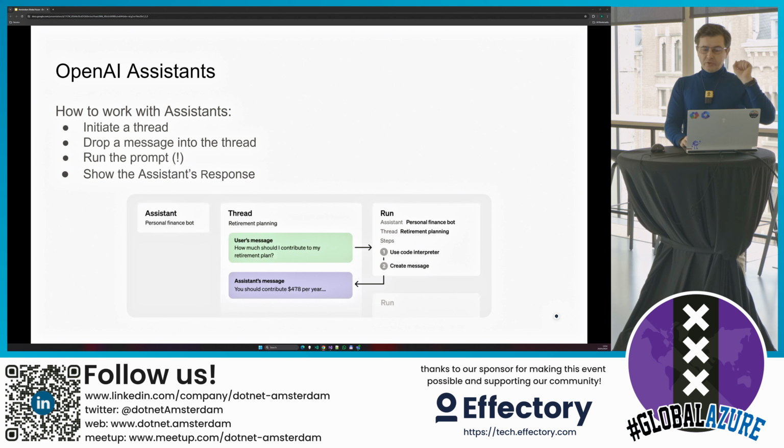Okay, I forgot. So, one trip to the model, solving this ping pong and coming with the aggregated response, it's called a run. This is a run.